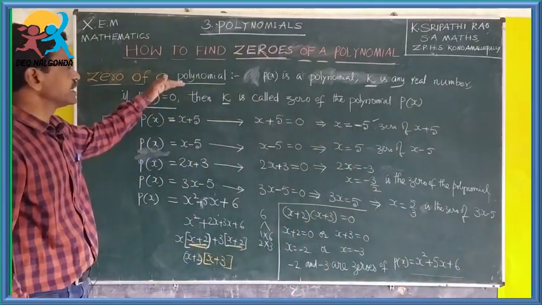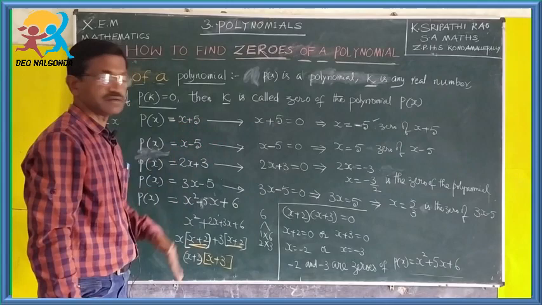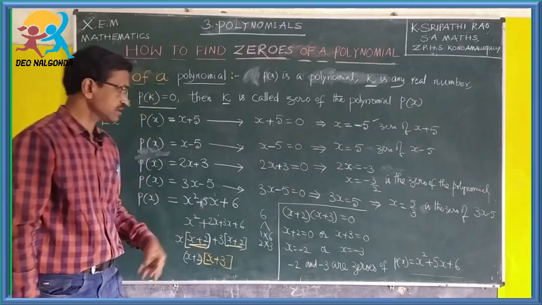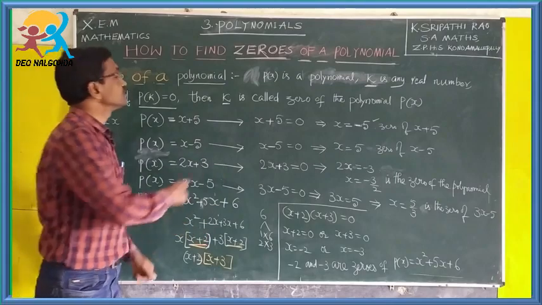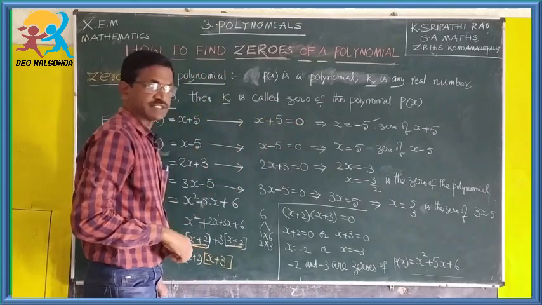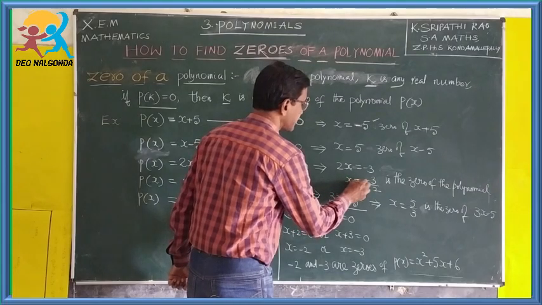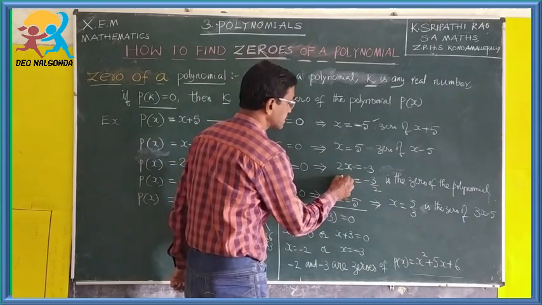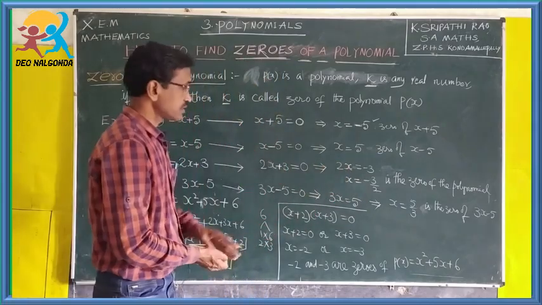In this way, we find the zeros of the polynomial. We have already discussed this in the 9th class. Again, I am revising that. These are linear polynomials, and this is a quadratic polynomial. To find the zero of these polynomials by the algebraic method, we should make them equal to 0 and make x the subject. Here x as subject means the variable stands alone on the left side and its coefficient must be 1, then only it is called the subject. So we have to make the variable the subject.